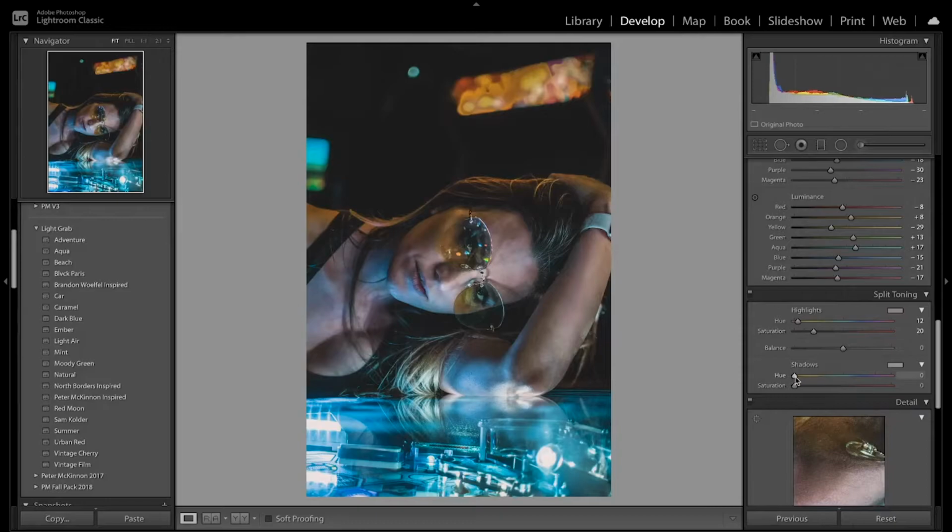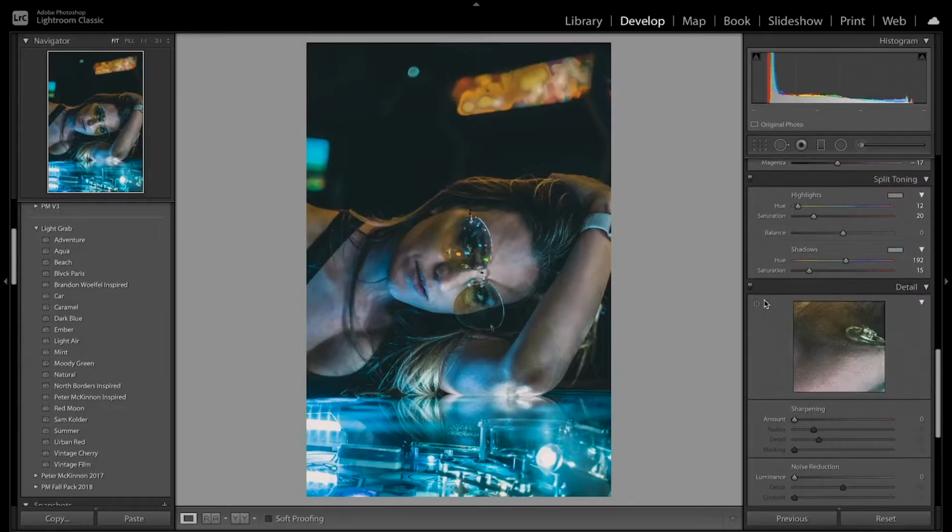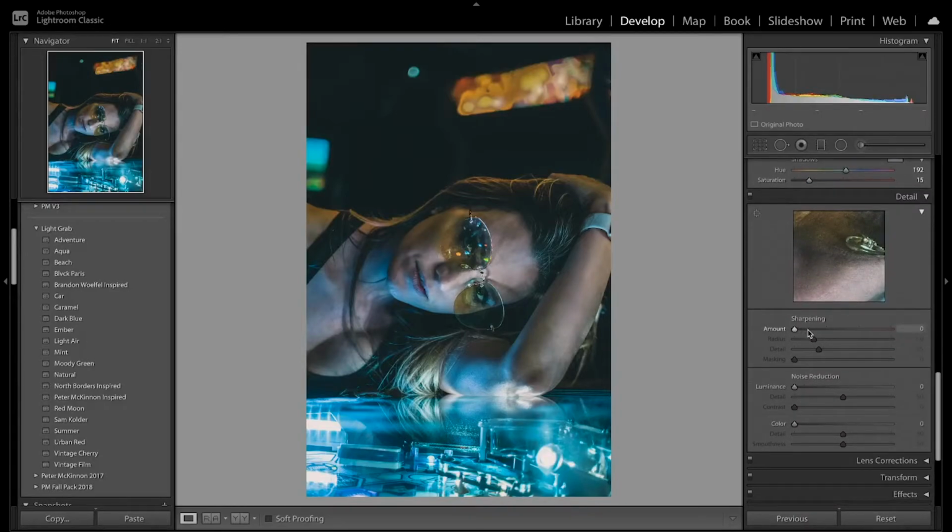The next thing I'm going to do is change the color of the shadow, so pressing Alt or Option, and change that over to about 190, and then increase the saturation. So you can see this added that blue, the teal look to the shadows and kind of gave the overall image that teal look. Next thing I'm going to do is sharpen the image a little bit as well